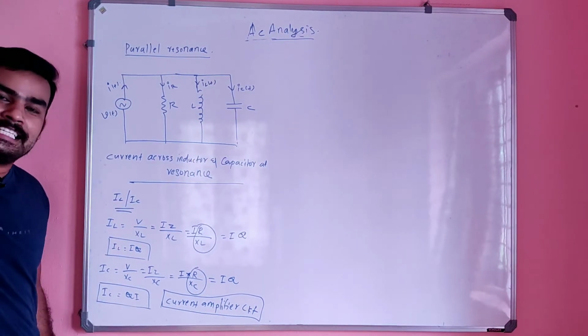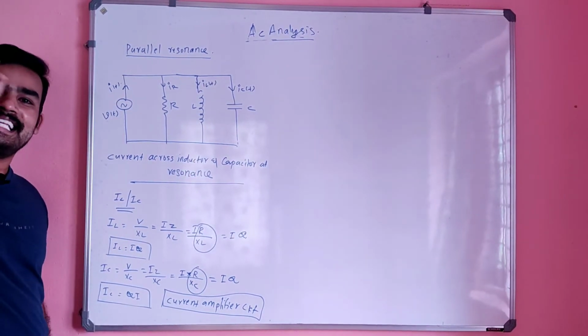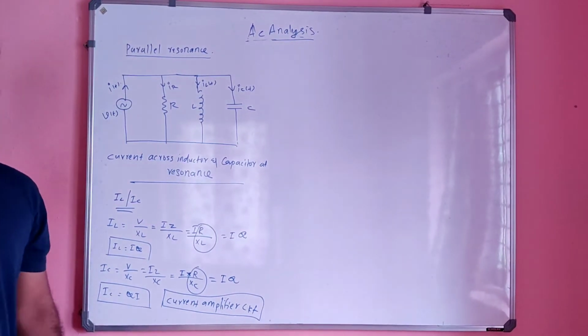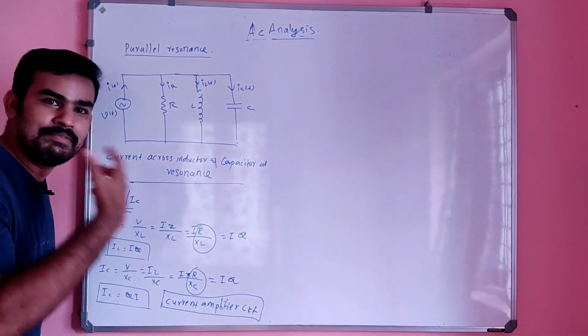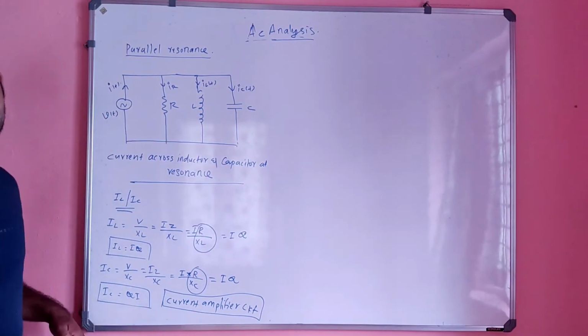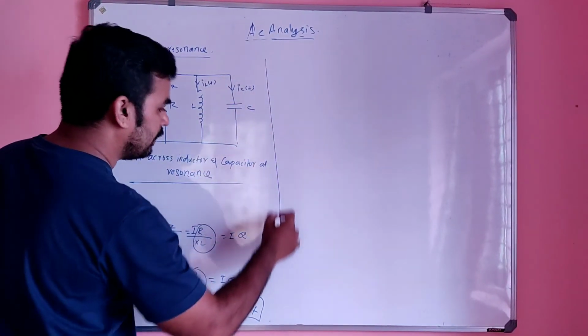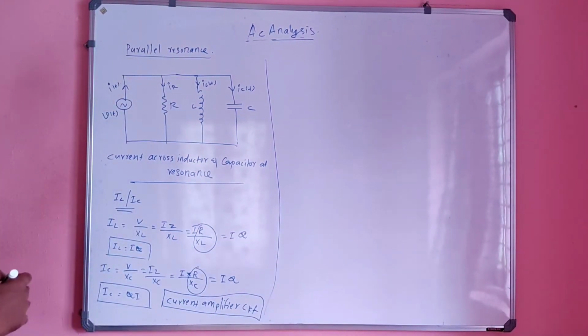In the case of series resonant circuit, it was called what? Series resonant circuit is called voltage amplification circuit or acceptor circuit. This is called a current amplification circuit or rejector circuit. Is it clear? So that's all about the